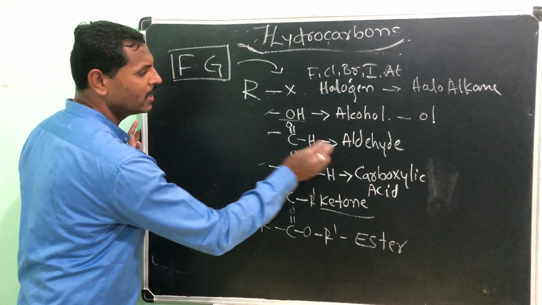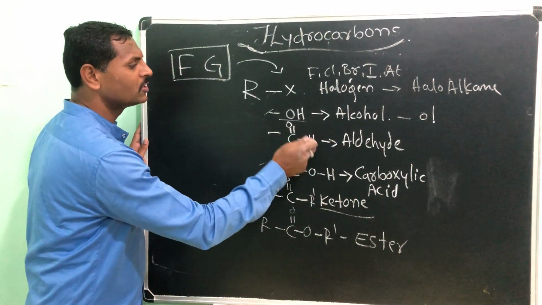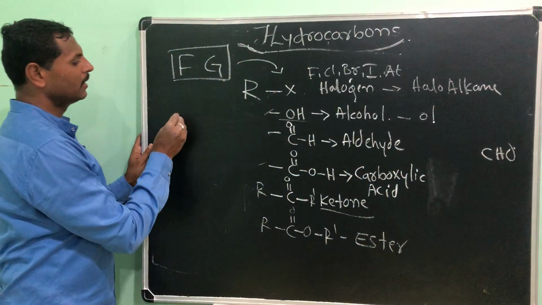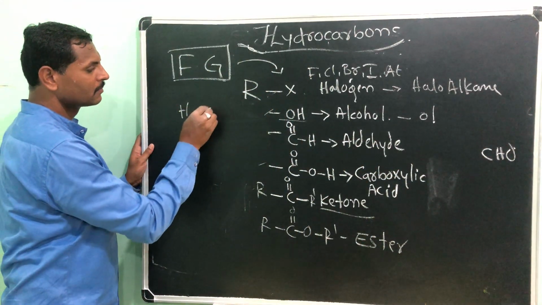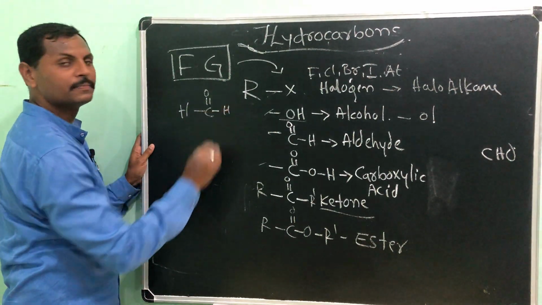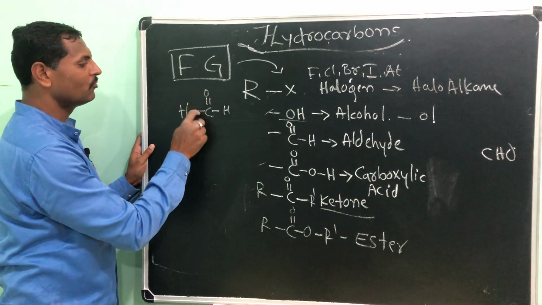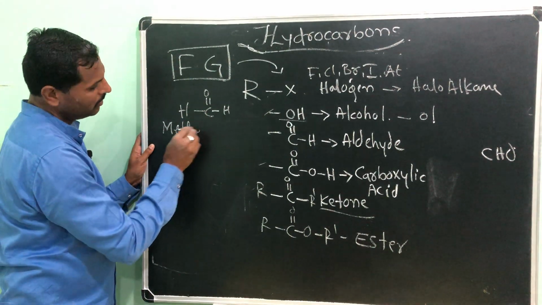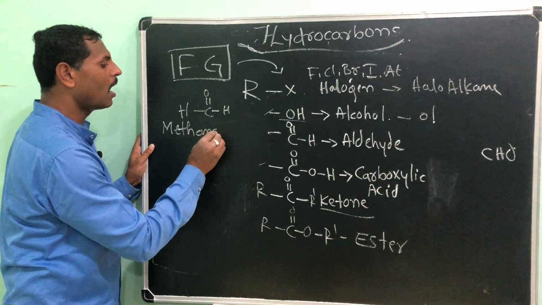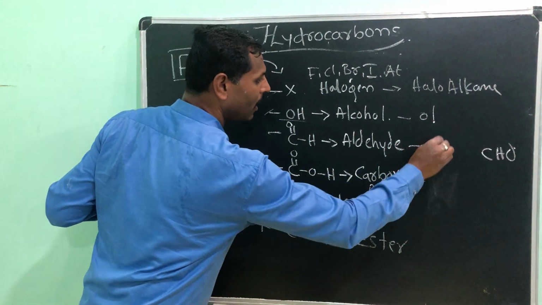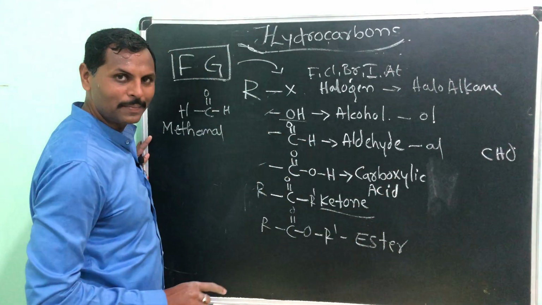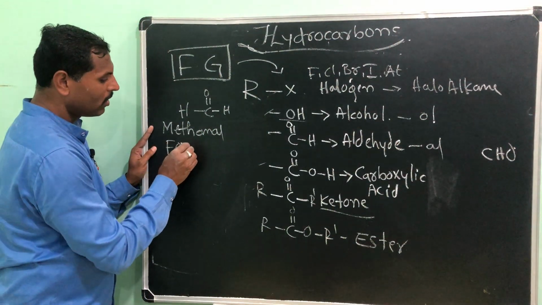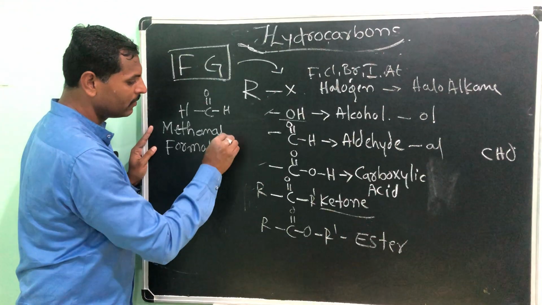What is that? Aldehyde group. CHO, even we can write this as, see here, CHO, and I will take here C double bond H. This carbon is having 1, 2, 3, 4. This is our methane, all AL, methanol, that is all, this is all methanol. Okay, or you can call it formaldehyde.